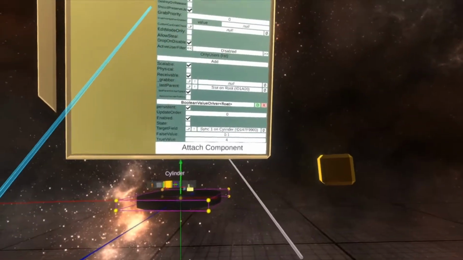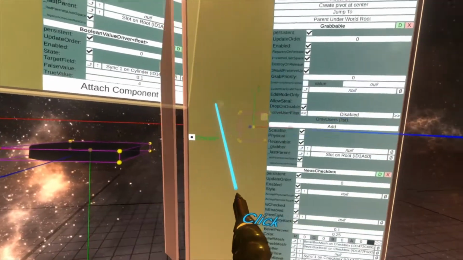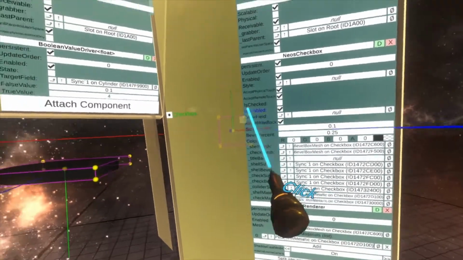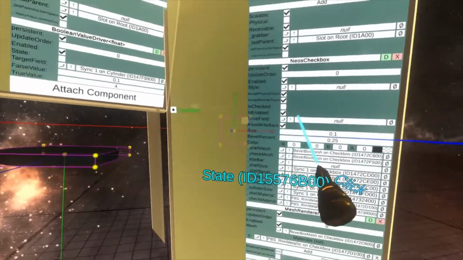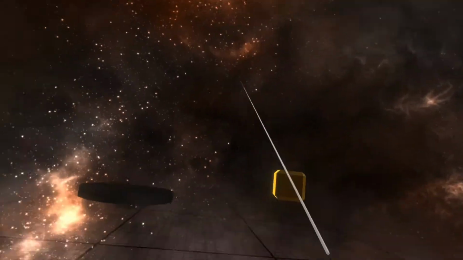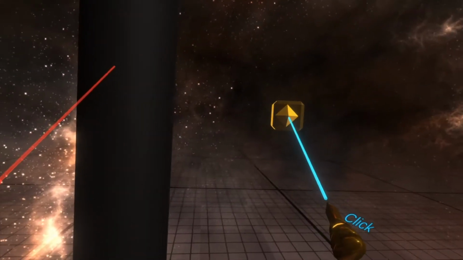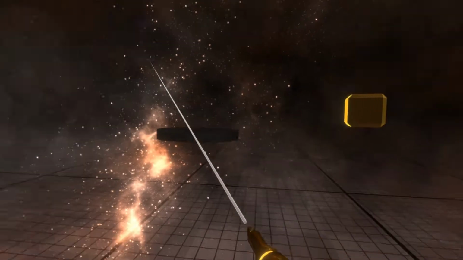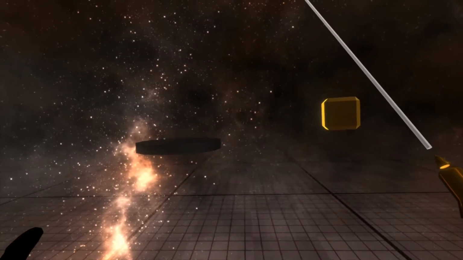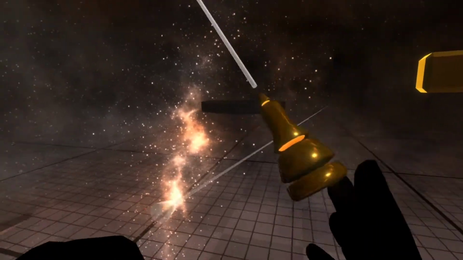What we can now do as well with the Boolean value driver is if we inspect the checkbox, we can go to the drive field property here, and we can grab state and put it into the drive field. Close out our inspectors, and now when I toggle this on, this is big and small, and big and small. That's all there is to this component. You can use it probably everywhere. I might go back, see if I can use it in some of my older setups. It's basically like the,